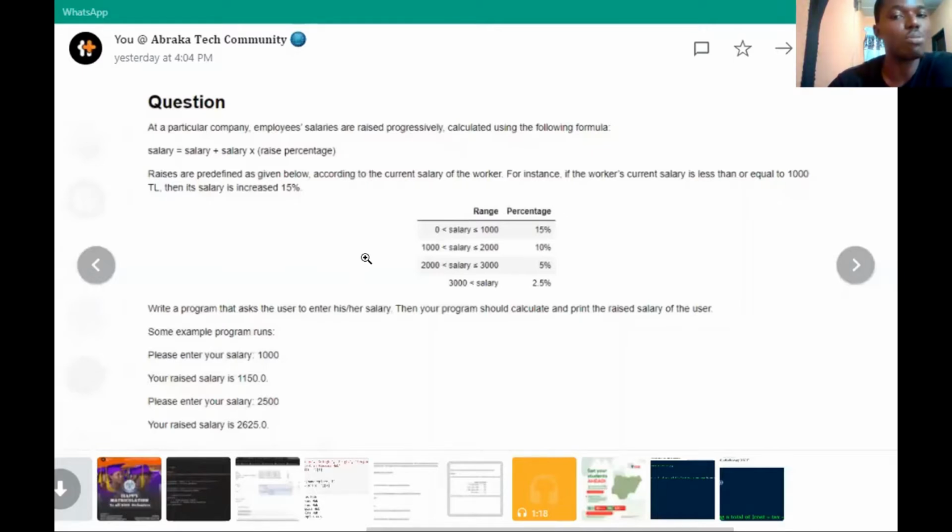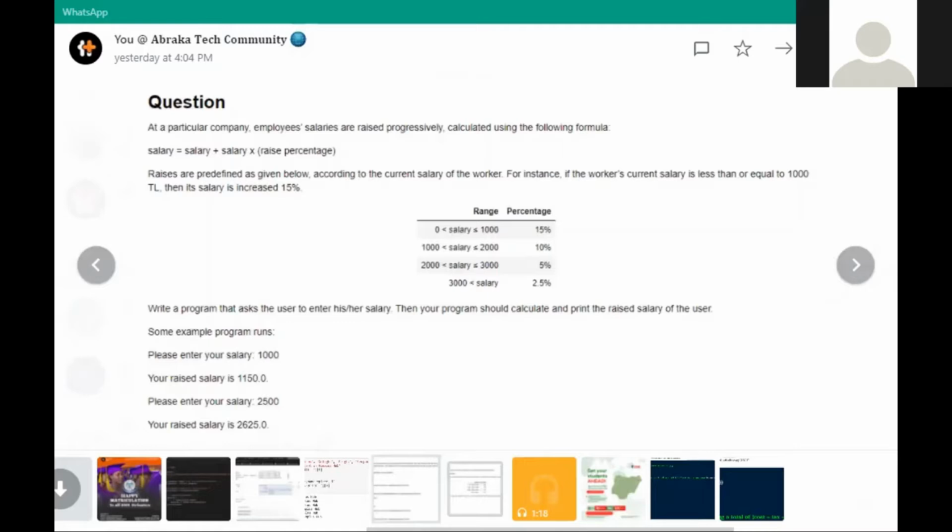If the salary is between 1,000 and 2,000, it is raised by 10%. Then if the salary is above 2,000 but less than 3,000, it is raised by 5%. If the salary is greater than 3,000, it is raised by